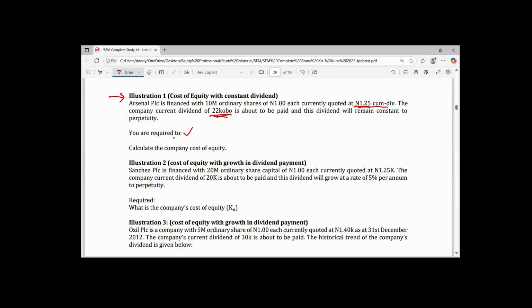So if that is the case, then I will begin to solve. I will start from the name. I don't want to switch to the working notes; when I need a bigger space, I will move to them, but for now, let's manage this. I will then say Arsenal PLC. That's the name of the company. The examiner is asking us to calculate cost of equity. I will then say calculating cost of equity.